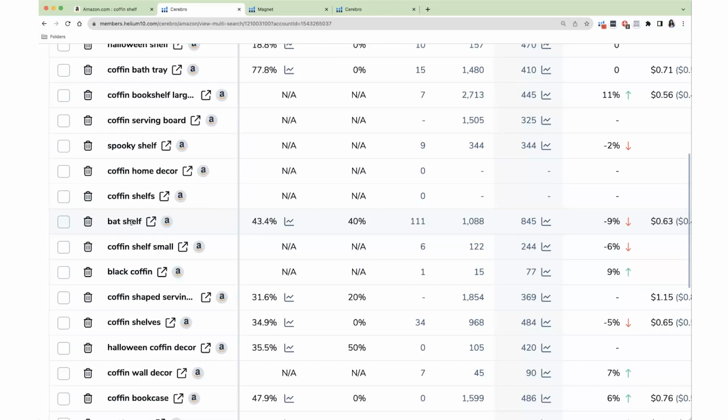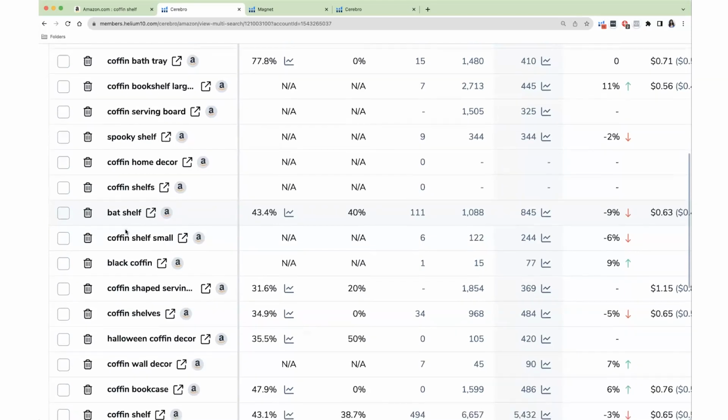If you're doing a product line extension, you're trying to expand out your brand. Even when you are, let's say, trying to validate your product idea, you're thinking, well, this keyword seems to be doing really well. Let's say you found something inside Black Box, which is our primary product research tool. There are many ways to do product research, but let's say you found something and then you're trying to validate it. You could use Cerebro to go in and make sure that there are actually keywords you will want to rank for.